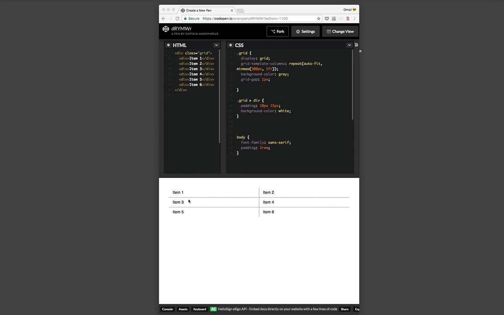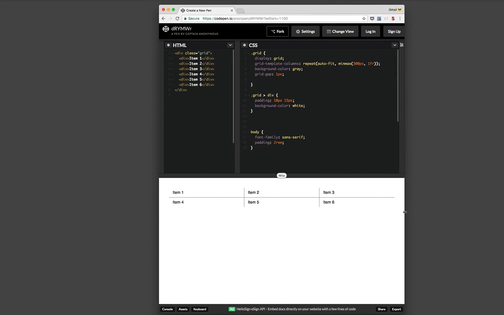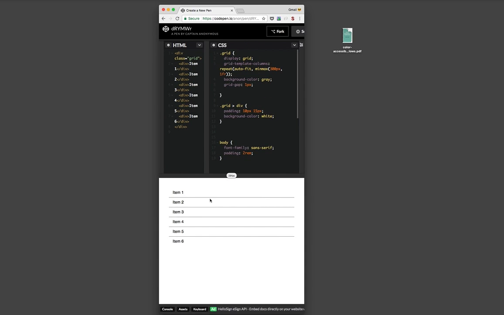Or a design where you have a series of items and they are separated by a line in between those items. And in this particular idea, if I resize out, we still get that concept. If we resize down, the items just stack. And so I was looking at using grid layout to actually accomplish this, and it gets me most of the